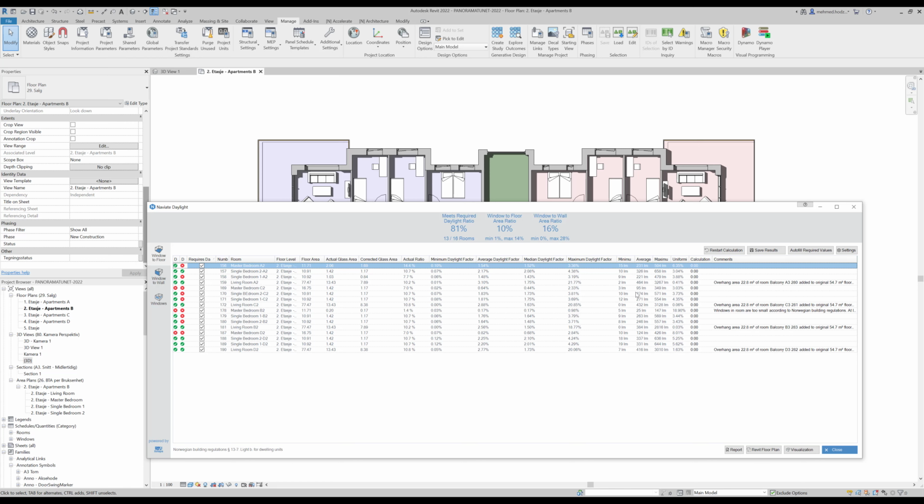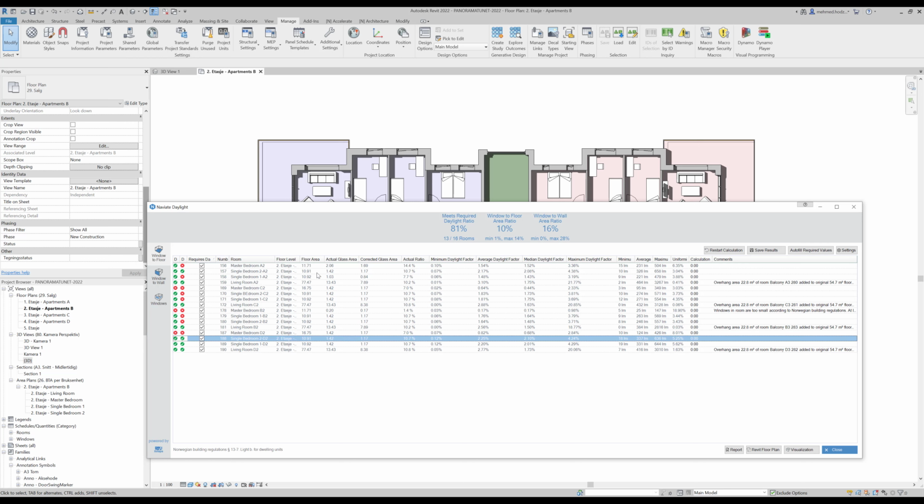Some additional data that you can see here are the minimum, average and maximum luminance values that are provided by the calculation engine, and thus we provide them here for you. Additionally, you will be able to see what the calculation height for the daylight factor calculation is, and you will be able to set it for each of these rooms individually. Some additional things that you will be able to see is what is the floor area, what is the actual and corrected glass area for each of these rooms, and thus in the end those will give you the daylight ratio